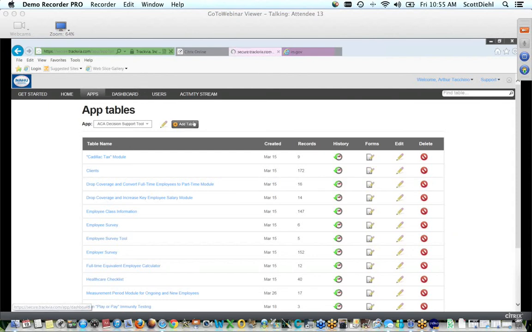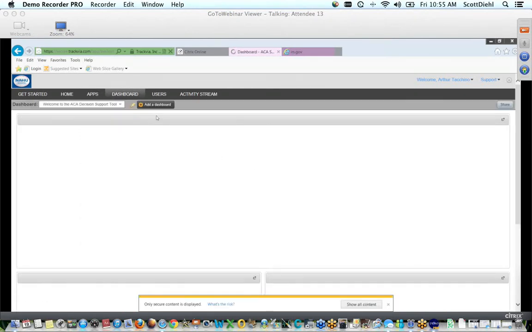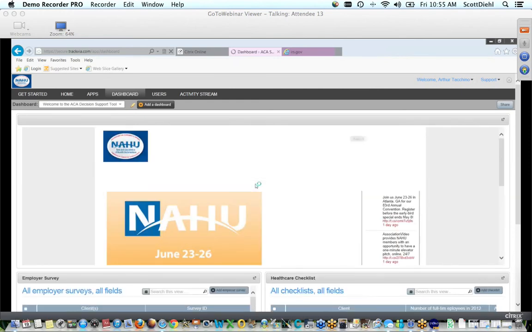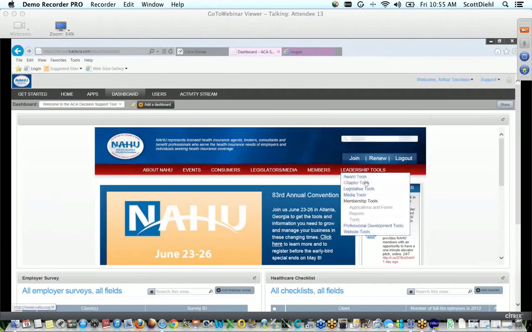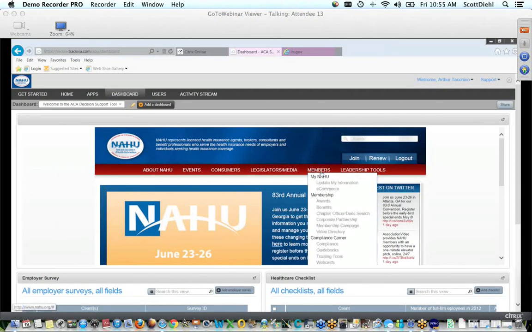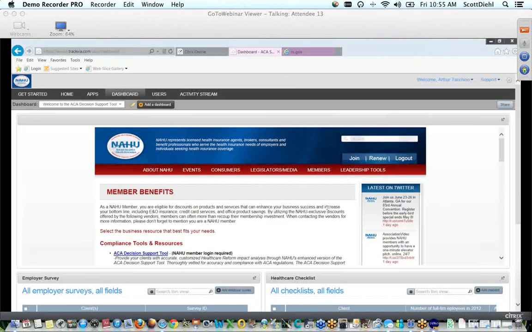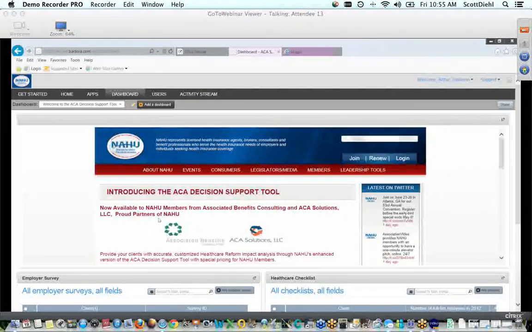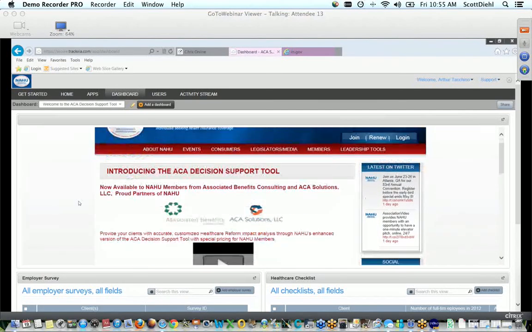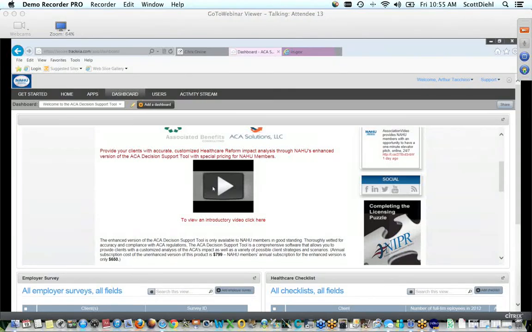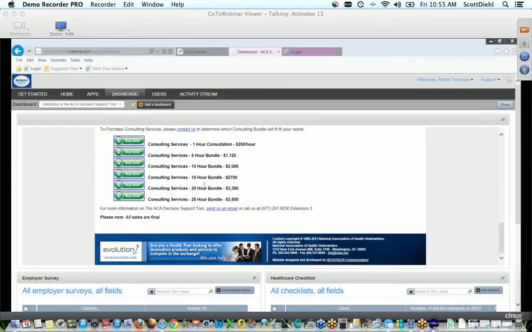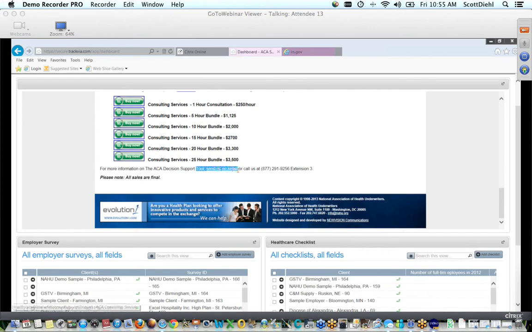What I'll do is show you that this member information is available to you even on the website. They've set up an 800 number where they have support staff answering phone calls about questions you might have, and also to schedule and set up any support you need as far as consulting services beyond just technical issues. Here is where you would go, the members area, benefits, to look at and purchase the tool. There is a shorter demonstration video there, and the information for ABC is on the bottom here. You can send an email by clicking this link, or the number is